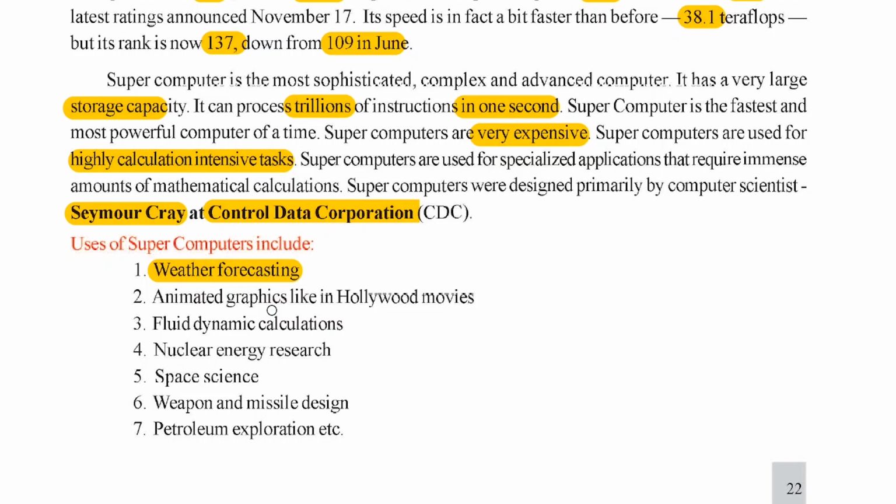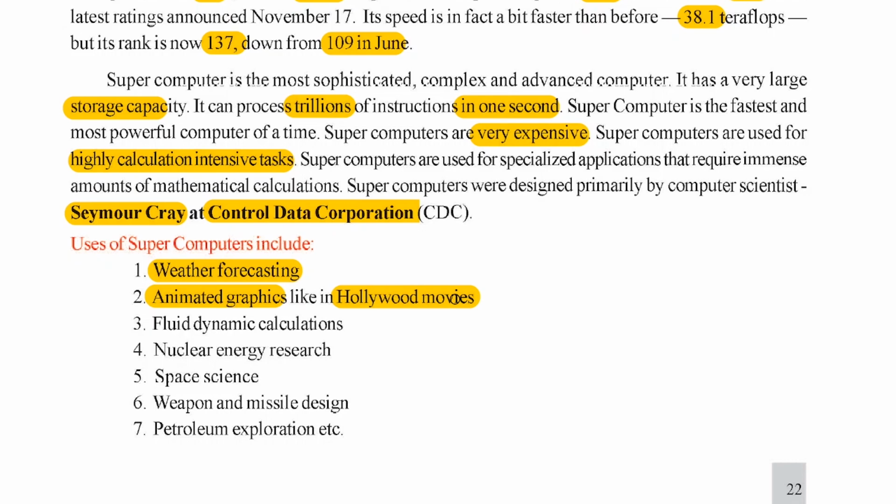There are many calculations, and then they were going to predict. Because it involves a large amount of data and mathematical calculations, supercomputers are used in forecasting weather. And also we have animated graphics like Hollywood movies. You have seen the movies; there also we cannot use normal computers to create the effects which you have seen